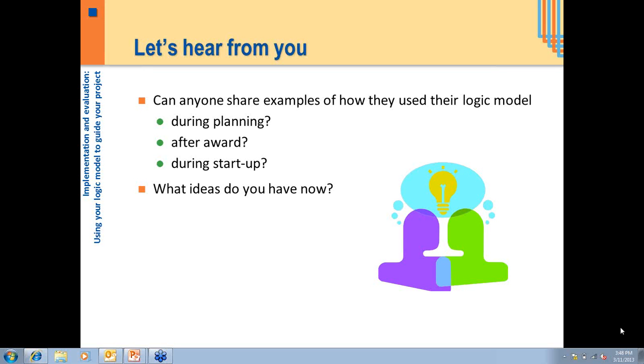Right. When you said that you're pulling your partners together, do you all create a logic model together, or is this where you're having a discussion and then your agency is responsible for pulling the logic model together? I've worked on it in different capacities as both the agency submitting an application and as a partner on somebody else's proposal. So I've seen it done both ways. Typically, if I'm submitting the application, then the input from people, I sort of consolidate all that and put it into a logic model. But it's definitely something that then gets shared